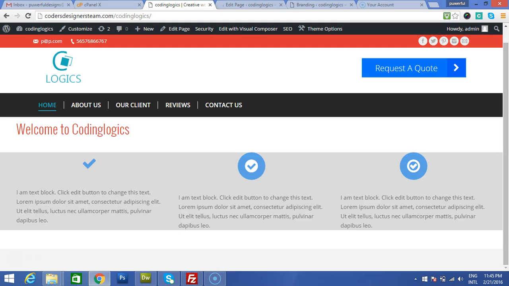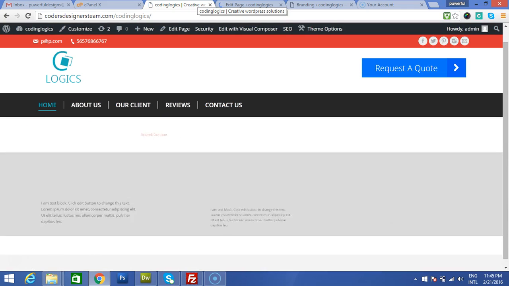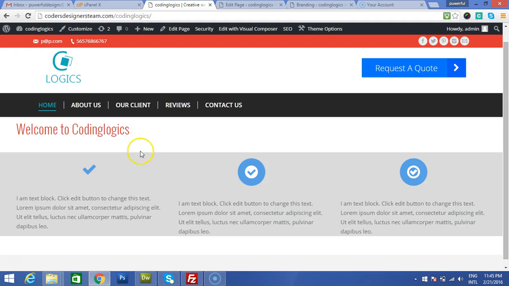So once this part is done, you can see that there is enough space between the top section and the section where the content starts. As you can see now, there is some space here. Okay,